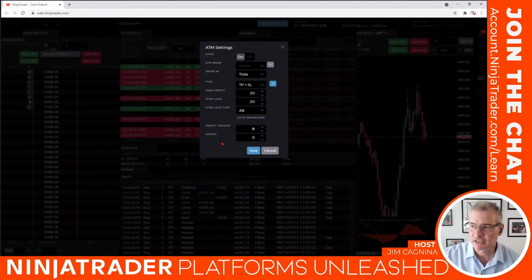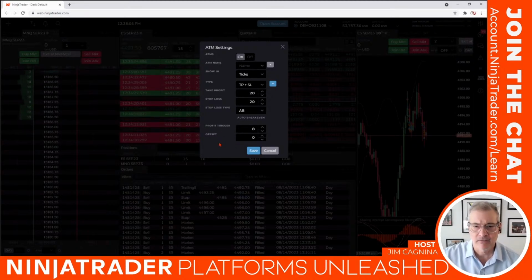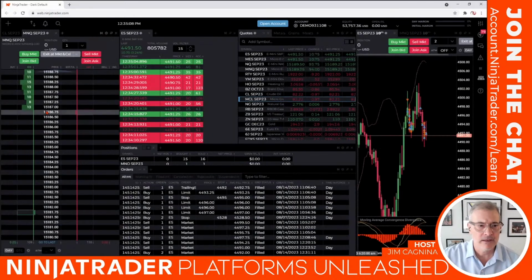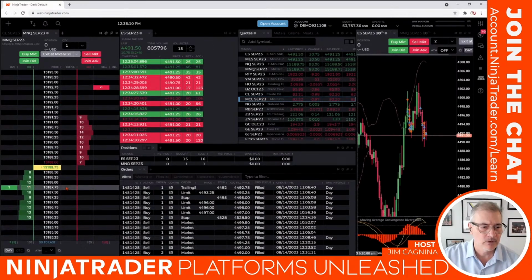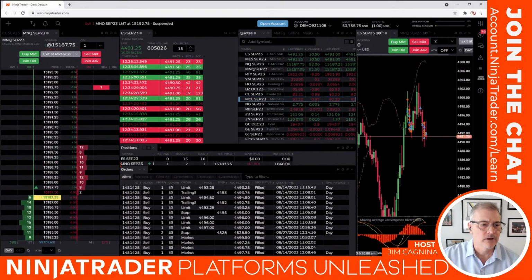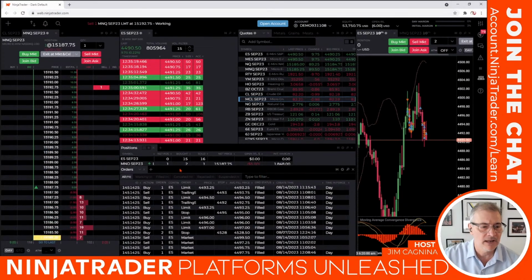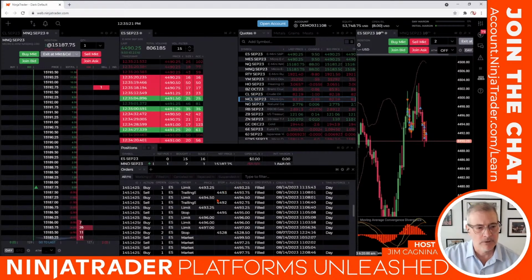I want it to jump, basically, is what I'm saying. Auto break even is a jump. I'll hit save and okay. We'll scroll down. I'll put a limit order in, and there we go. Now we have to get 8. 1, 2, 3, 4, 5, 6, 7, 8. We have to bounce up here. So if you see a 190 print, then it'll jump up. You'll see the stop break up to my carrot right there, which is at